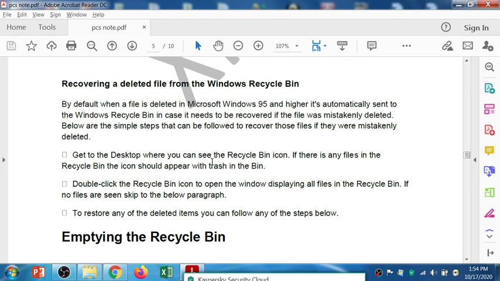Go to the desktop where you can find the recycle bin icon. If there is any file in the recycle bin, the icon should appear with trash in the bin. Double click on the recycle bin to open the window, which displays all the files in the recycle bin, and if no files are seen, skip to the paragraph below.